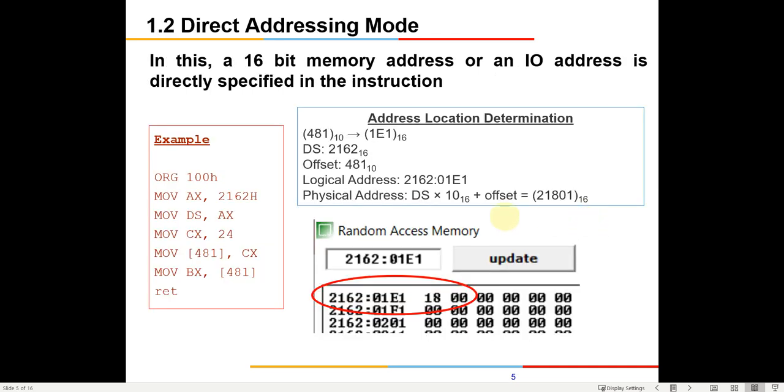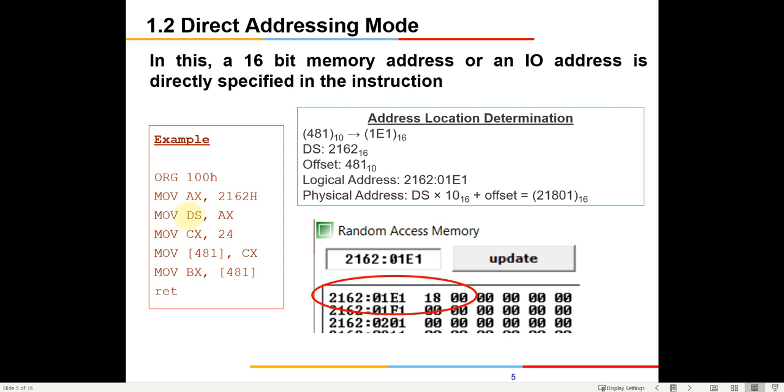So you need to do these kind of things, and verify what you have learned with the results you are getting. The second exercise you need to do is the direct addressing mode, right? In the direct addressing mode, we are going to specify the address. So here you are putting some data into AX, and you are initializing the DS with that data. You can't push any data into the data segment register directly. You can only move from one of the common user registers to the DS.